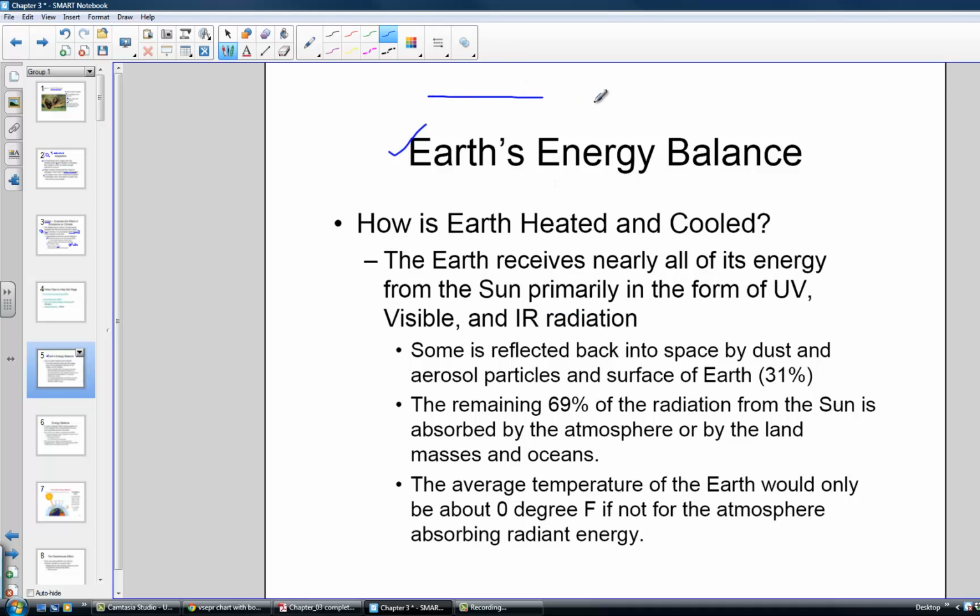So let's remember what we've learned from last chapter. We have this very tiny range that we call the visible spectrum. This is our electromagnetic spectrum that we studied last chapter. This is where we talked about ROY G. BIV. So this tiny little area here is the electromagnetic spectrum that we can actually see, called the visible light range. Remember, this was approximately 10 to the -9th meters, which is what we referred to as a nanometer.